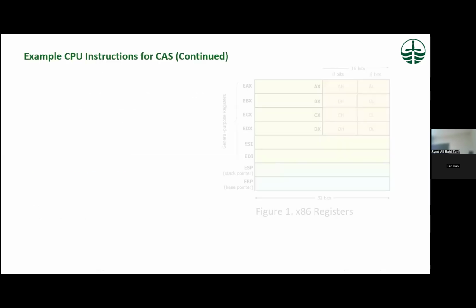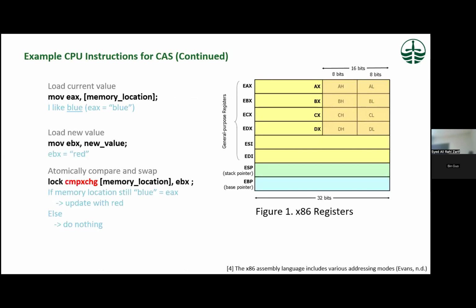Now let's see a little bit about how this instruction works. Here is a typical register set we can see in x86 architecture. If I have a sentence like "I like blue" and I want to update this blue with the word red, we can think about it this way. Suppose I have the instruction move EAX, memory location, so it will place the current memory location value in the EAX register, and then it will load the new value to the EDX register,